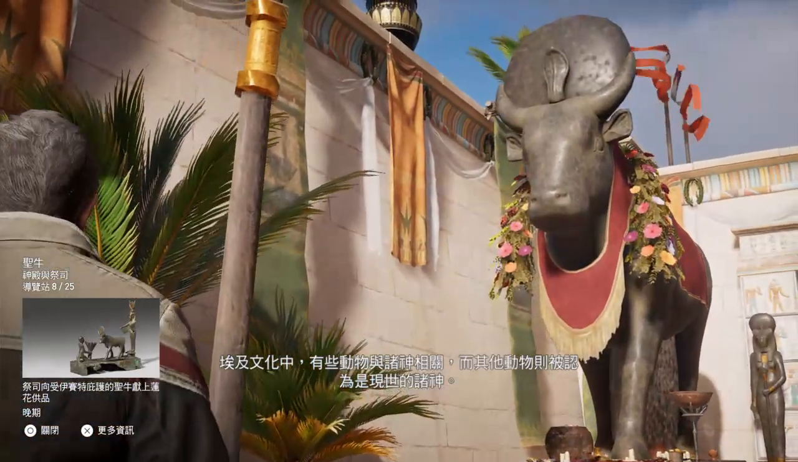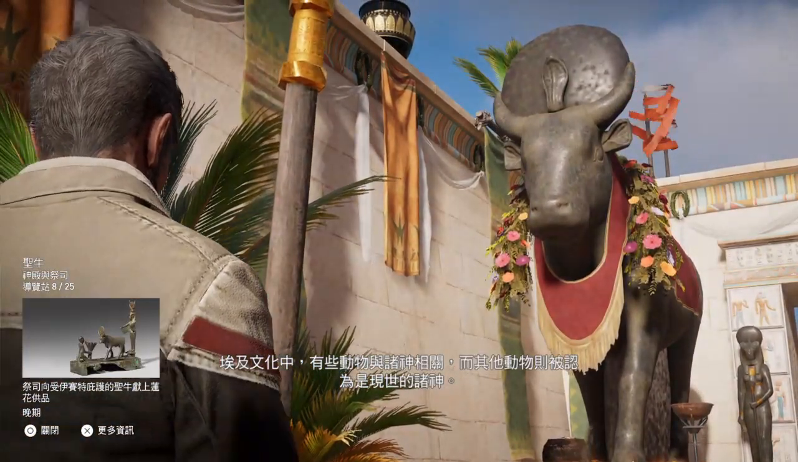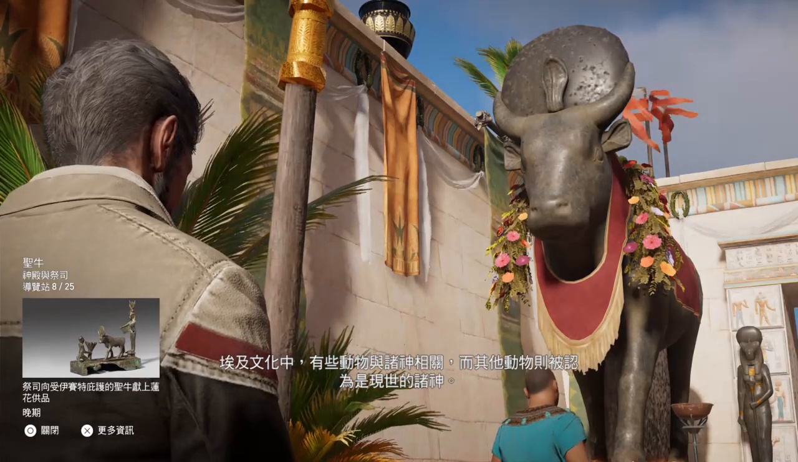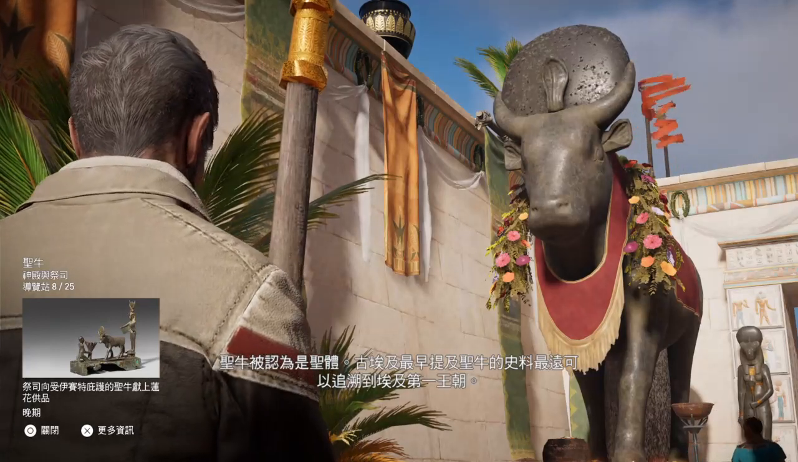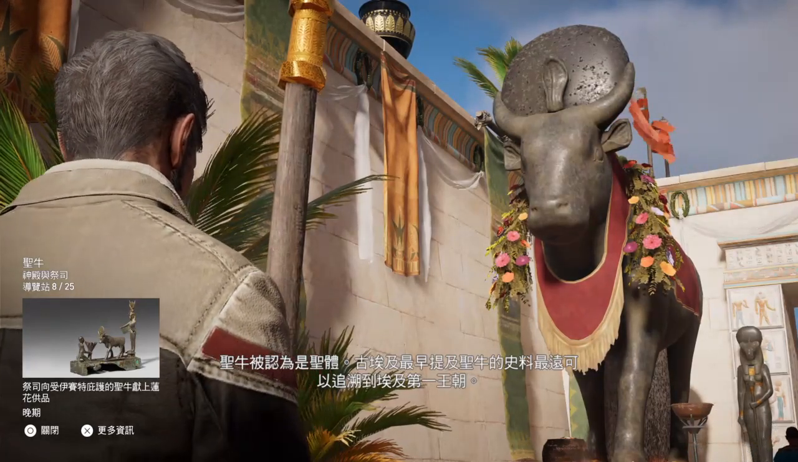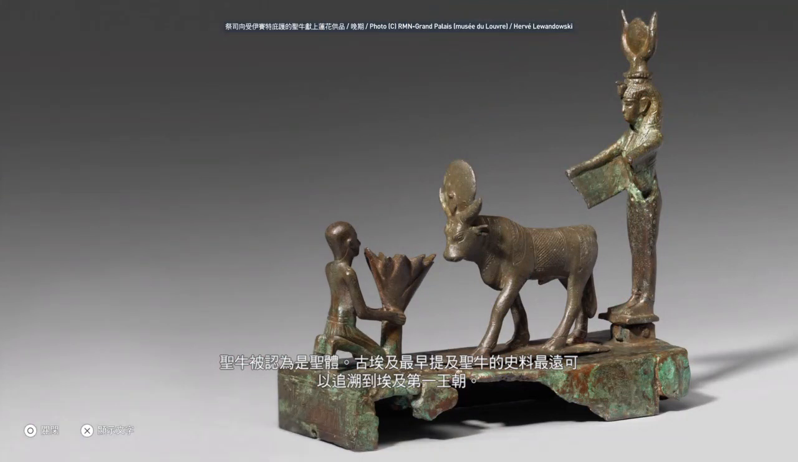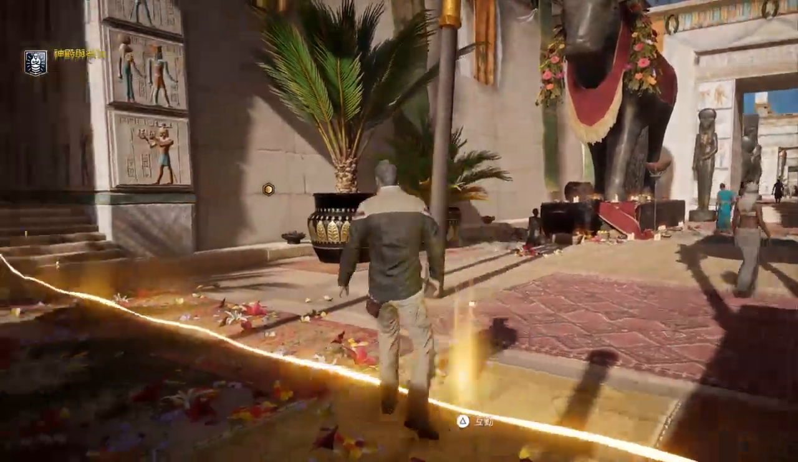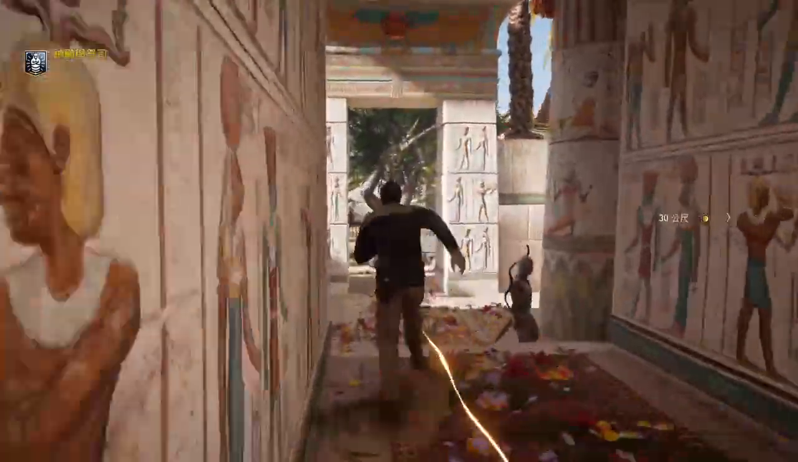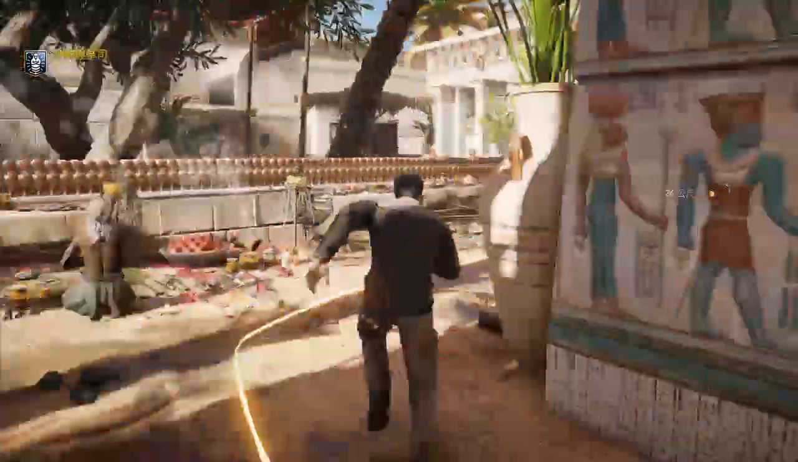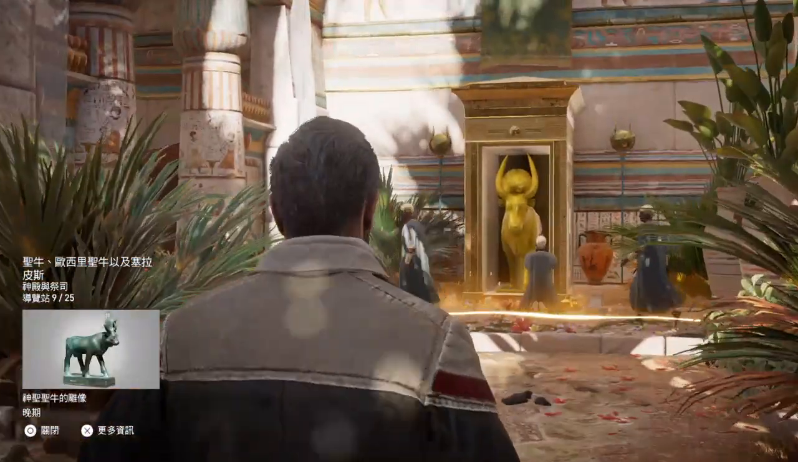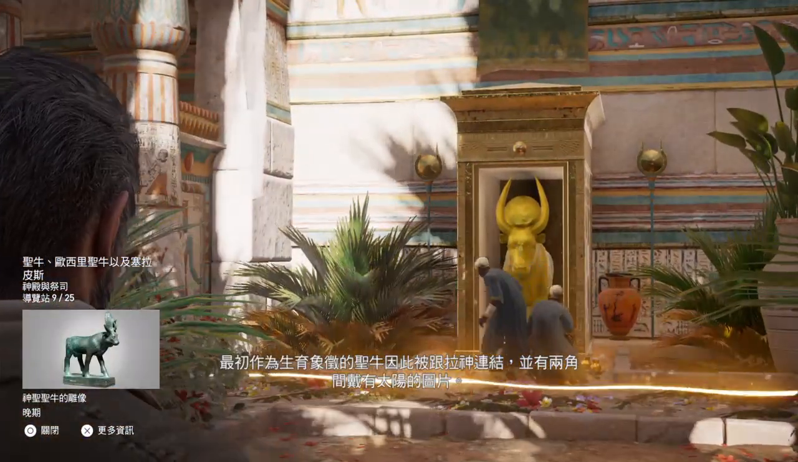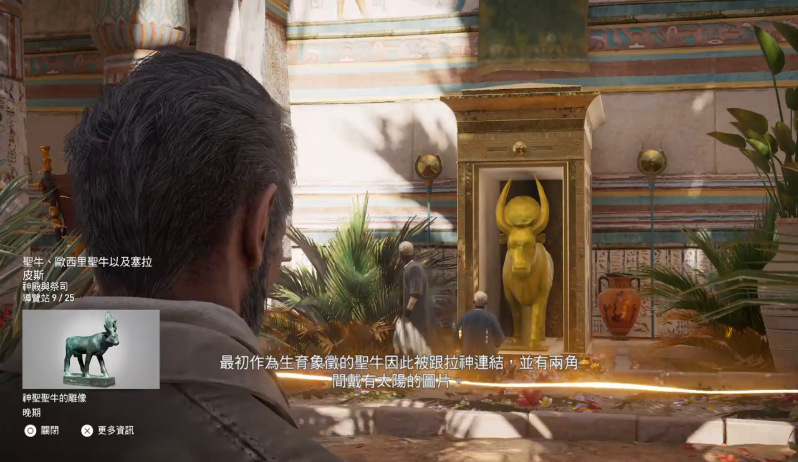In Egyptian culture, some animals were associated with gods, while others were considered to be living gods. The Apis bull was believed to be a divine entity. The earliest mention of the Apis bull in ancient Egypt goes back as far as the first Egyptian dynasty. Originally the symbol of fertility, the Apis bull was linked to the god Ra, with the image of the sun